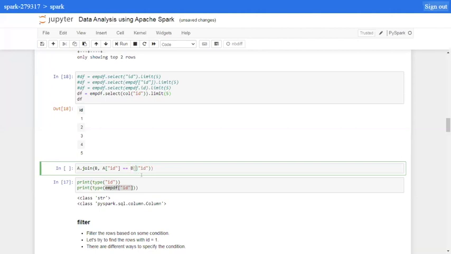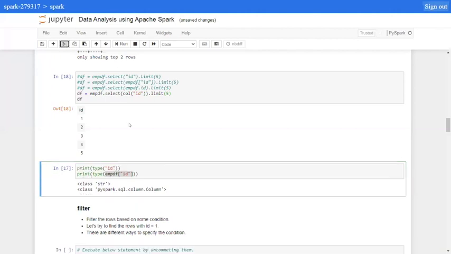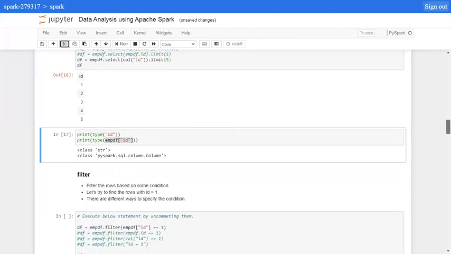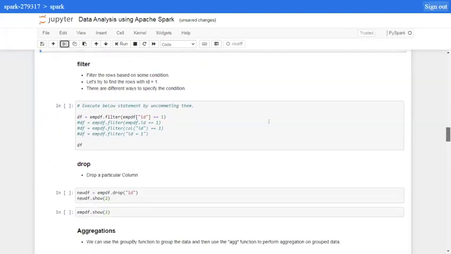Now, if you try this, we are specifying that we would like to join A and B on the column ID from the A data frame and the B data frame. So this is just an example of how to select those different representations. But as and when you work with Spark, you will get to know about these things.